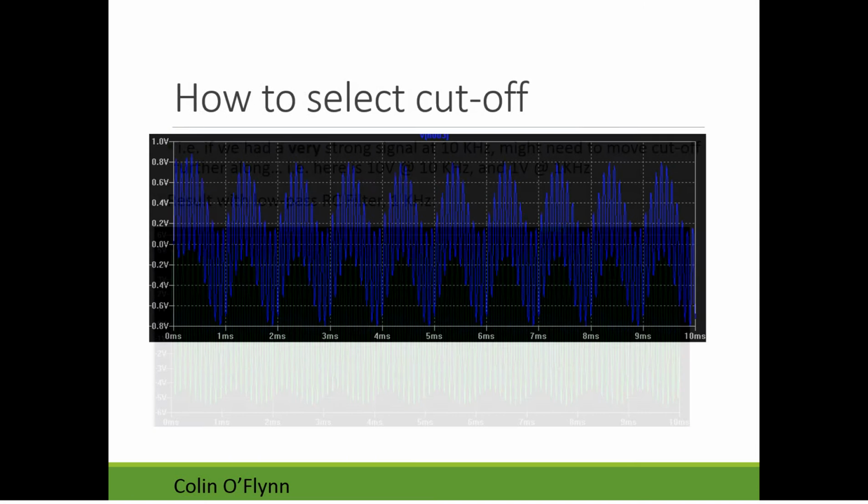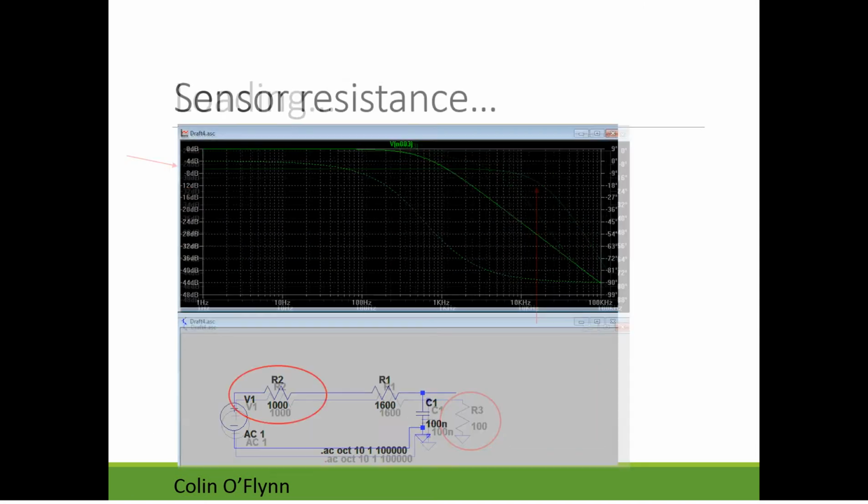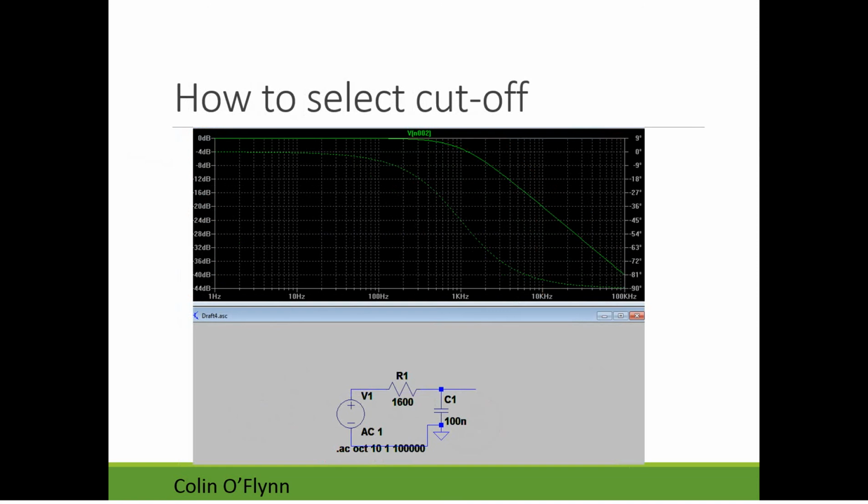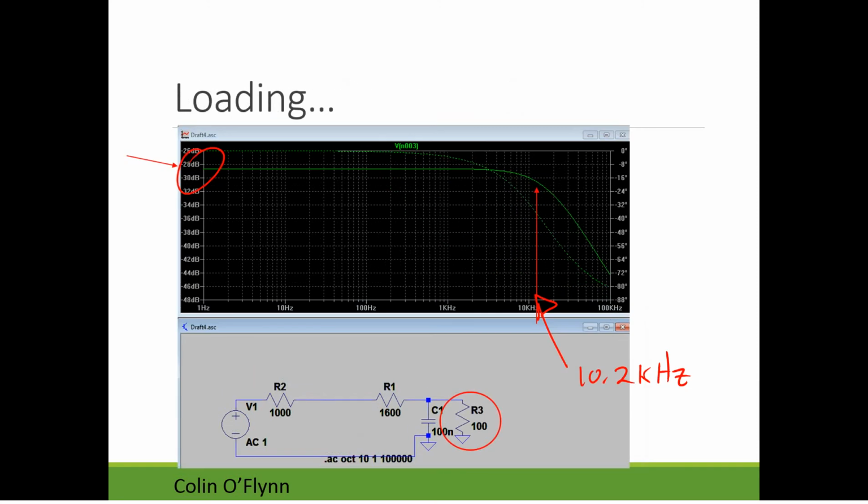And this is especially important because in this example, the original 1 kilohertz roll-off was almost perfect, because we're trying to capture that 1 kilohertz signal, so it starts to roll off. But because of loading effects, it might shift the actual roll-off frequency around, or we don't have perfect components, so you may want to give yourself some leeway.